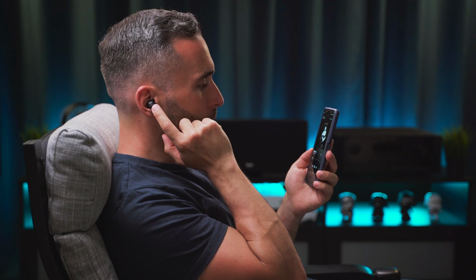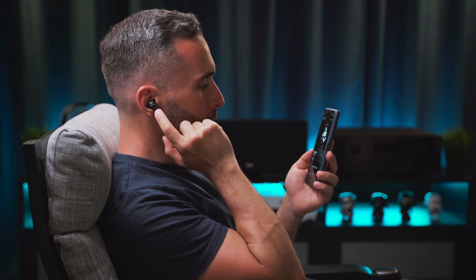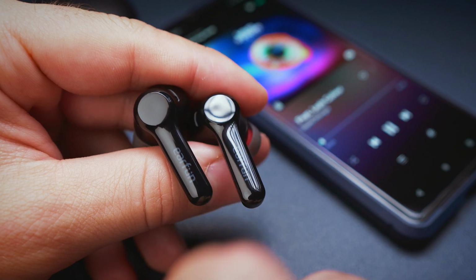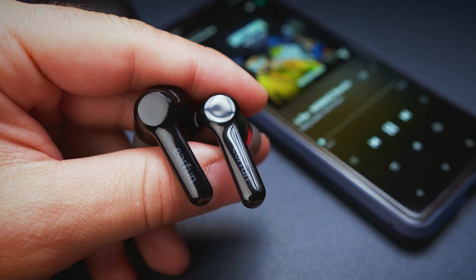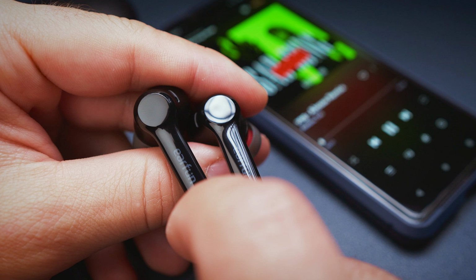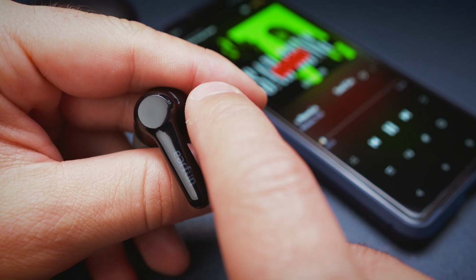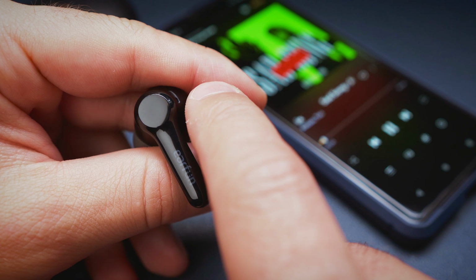I criticized the Earfun Air Pro for their touch controls, as I did not find them responsive enough. Now, this issue has been fixed on the Air Pro 2, as the controls are quite easy to use, they are quicker to react and accurate enough too. These are still not the fastest reacting touch controls I've ever used, but there is definitely an improvement over the